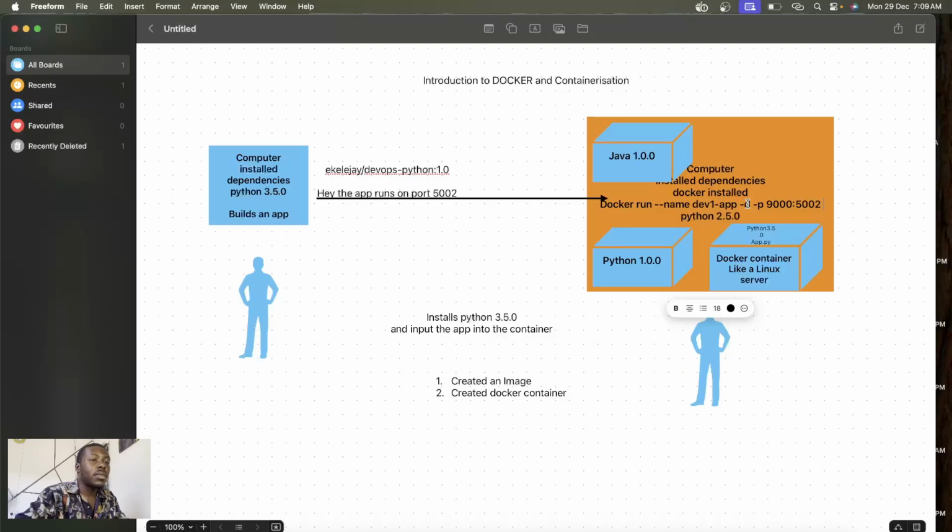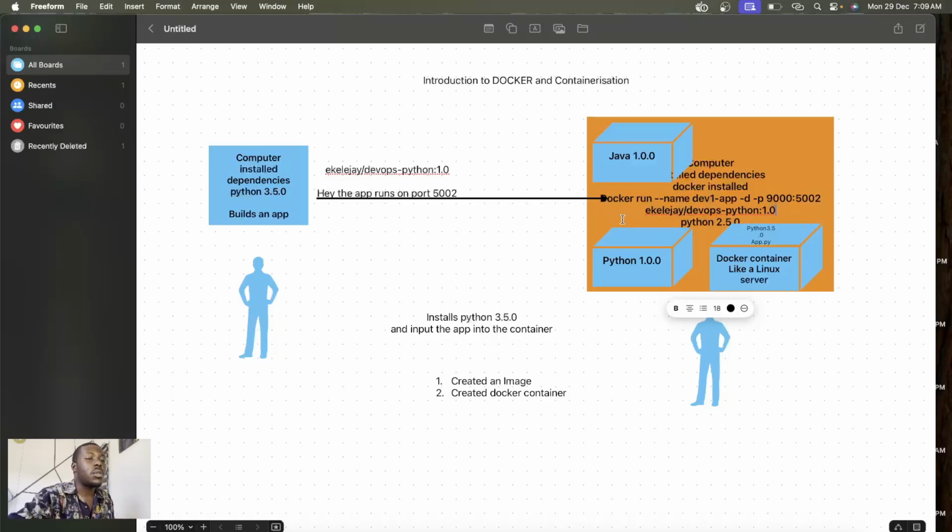Then the image name is ekele j/devops python version 1.0. This is all he will need to run.